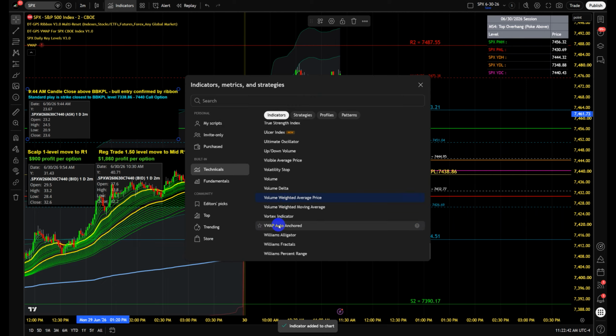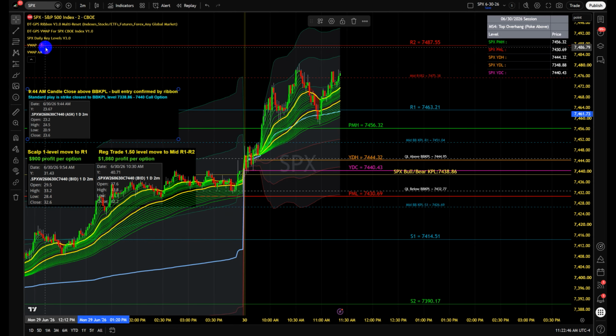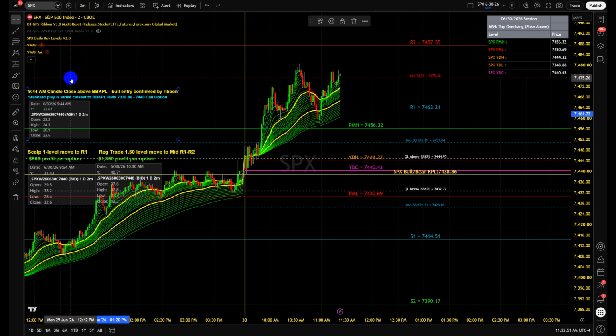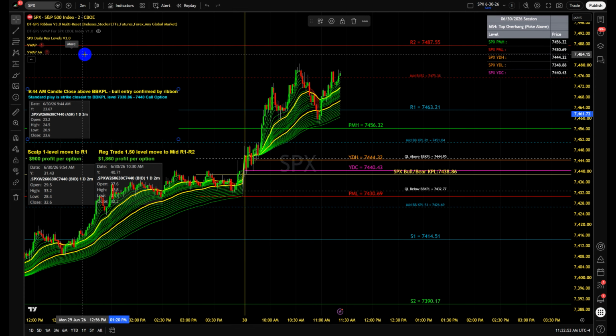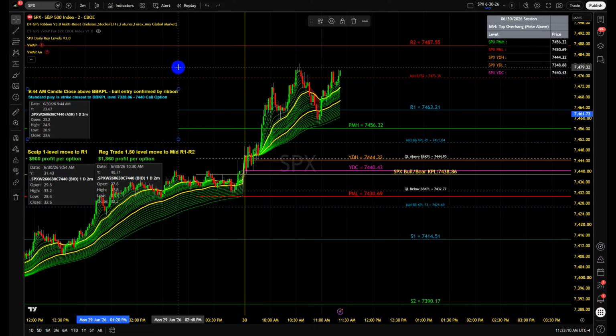And now we'll go to VWAP auto anchored. As you can see here, we'll turn off our VWAP, or hide it for the moment. We've added these two VWAPs that are native VWAPs, technical indicators built into TradingView. As you can see, they both have red exclamation points, and that's because there's no volume data. And that is not a TradingView problem, it's a global indices feed situation with TradingView with the CBOE global indices,